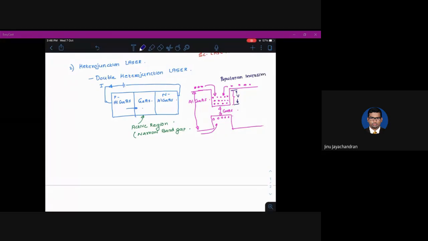So as you pump in more and more current, the electrons get into the quantum well. Once it is in the quantum well, it will get stuck there because it needs higher potential to come out. So more and more electrons will come inside, and it will create population inversion when compared to the lower energy states. And now when you provide a light, it will create stimulated emission and produce photons.